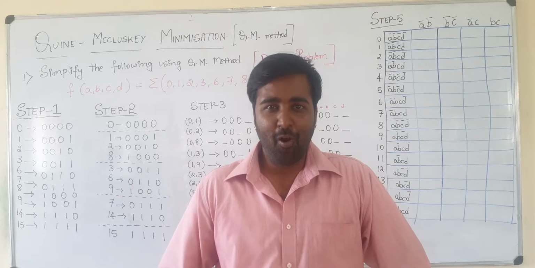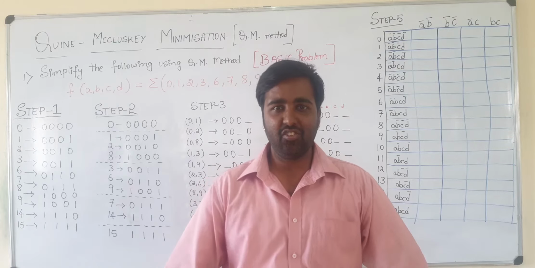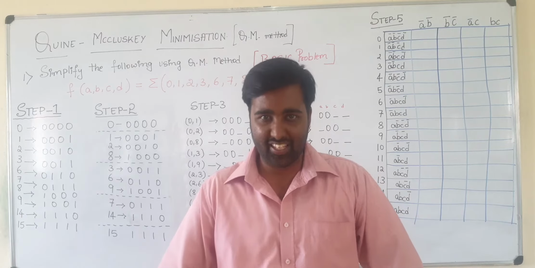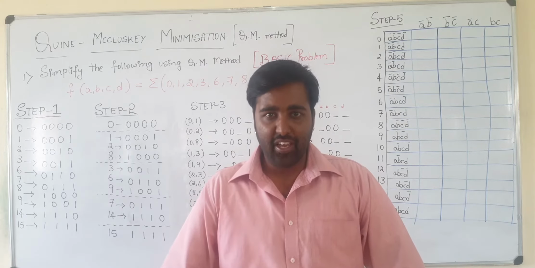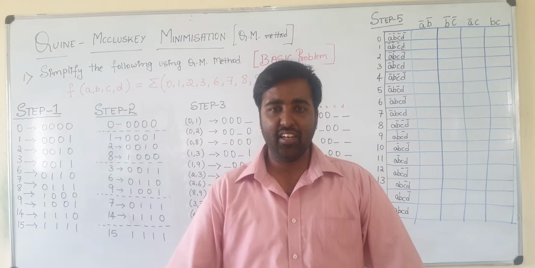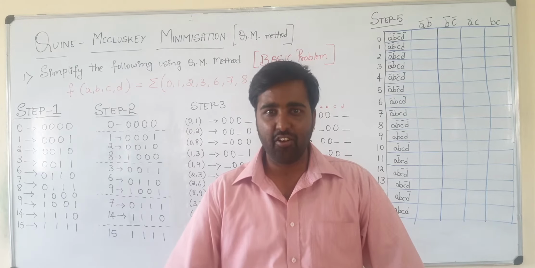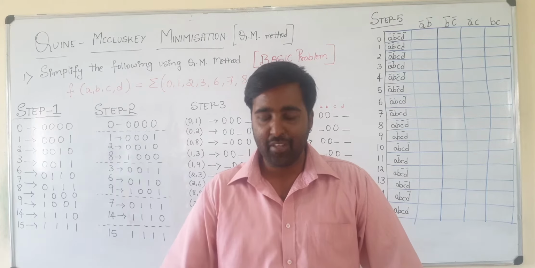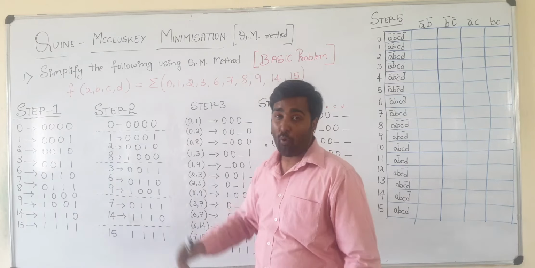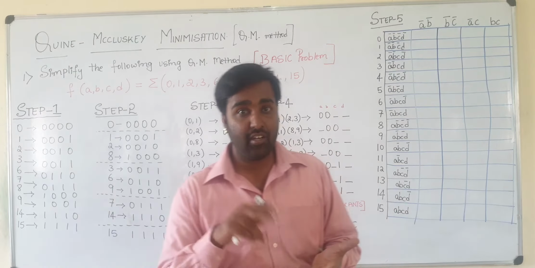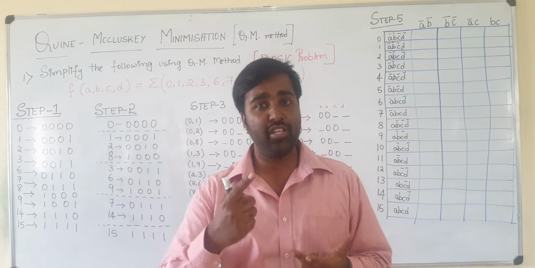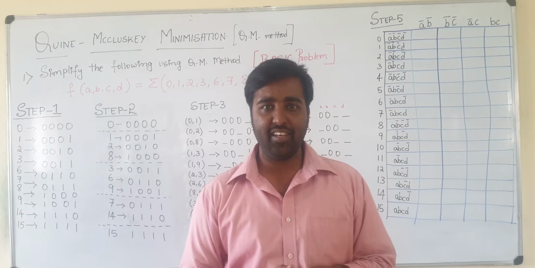The most important and fundamental techniques of solving a problem for a Boolean expression. Today, we shall discuss a technique called Quine-McCluskey's technique or QM method. So first, we shall try to know why we require this technique and how to solve a given problem using the QM method. It's very easy.